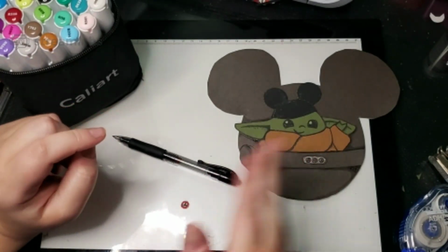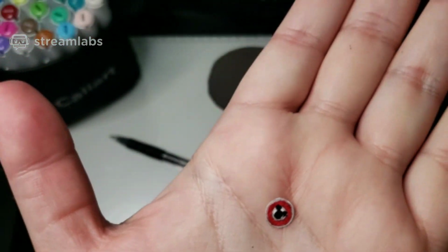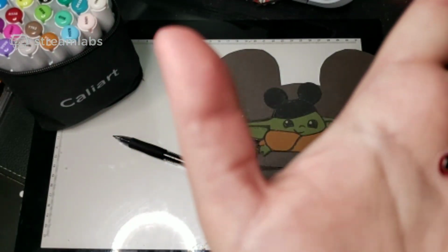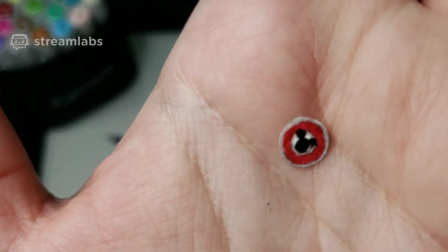So, let me see if I can show you what I did. I don't know if you can see it. I can't see, where is it? Oh, there it is. It's on my hand. It's that tiny little...